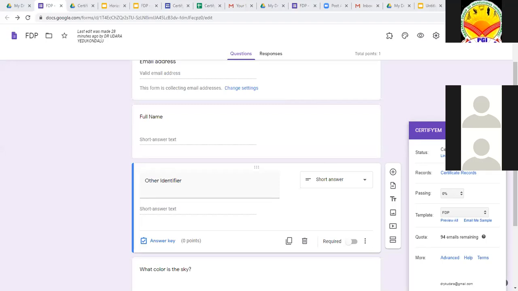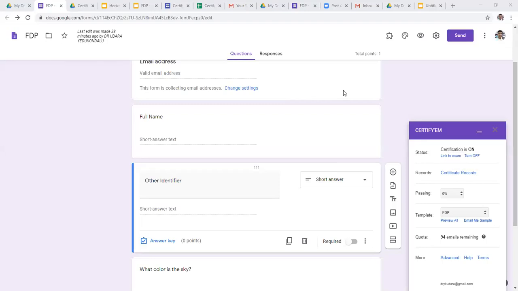So till now, in the morning session, we discussed how to create the Google form, then how to generate the certificates. We can generate them in two different ways. One is the inbuilt certificate, and the second is that we can create our own certificate, add it to the template, and send the certificate to all the participants. The only limitation is that per day we can send a maximum of 100 certificates. That is regarding the certificate.